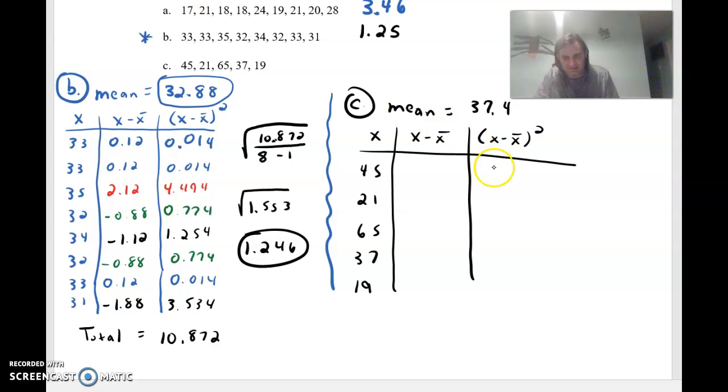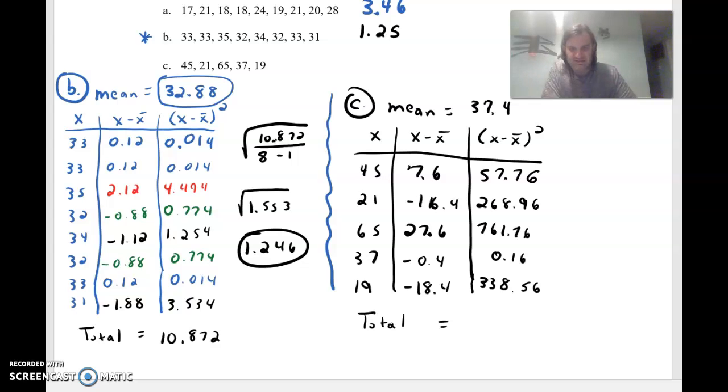So let's see here. Let's do the first one. 45 minus 37.4 gives me 7.6. And when I square it, I get 57.76. So I'm going to pause it while I complete the table and then pick back up with you in a second. Okay, so I've completed the table here, and you can pause and look at the numbers I got and compare them to yours. I don't think I had to round anything after I round the 37.4. But I got the numbers in the last column, and if I add them all together, all 5 of them, I get